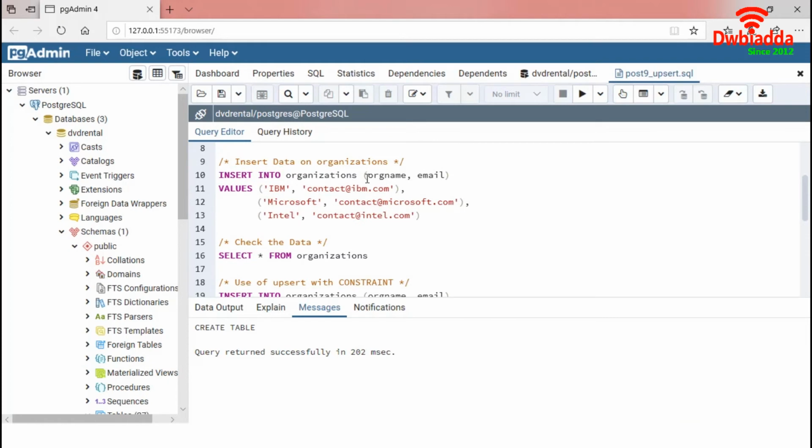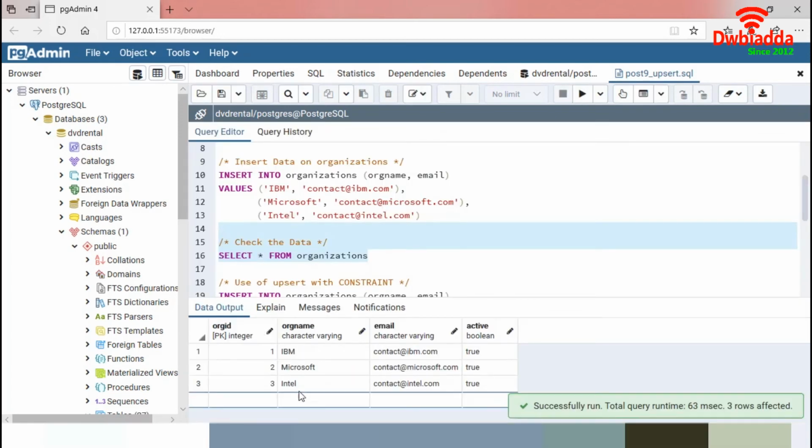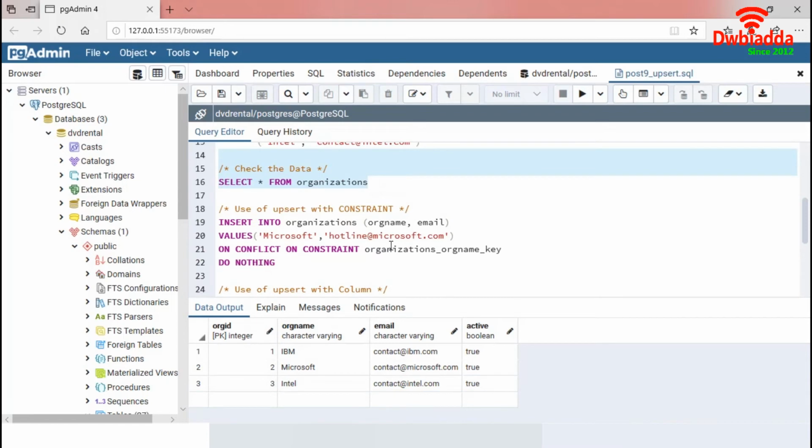Now we insert data into the organizations table. For IBM, Microsoft, and Intel, we are inserting the email addresses. We have successfully inserted the data into the organizations table. Let's query the table. So we have 3 rows in the table organizations. Suppose Microsoft changes the email from